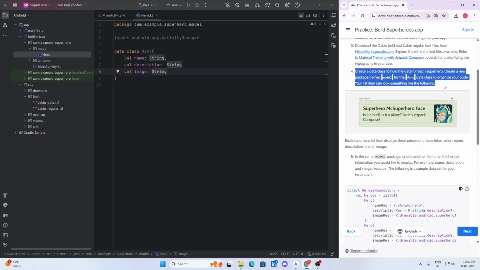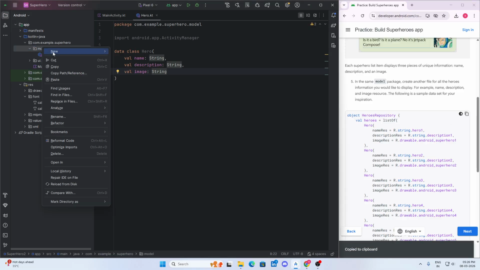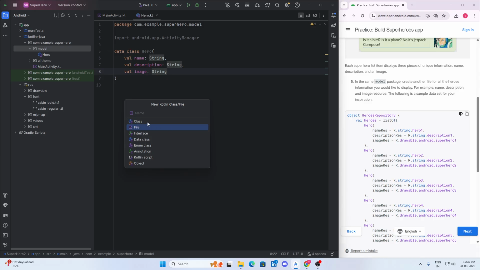Fourth step is completed. So let's move to the fifth step. You can see here, in the same model package, create another file where we need to store this entire code. So let's copy this code. Right click on the module, new, Kotlin class or file. Make sure to select it as a file and give it the name as I'm giving here, heroes